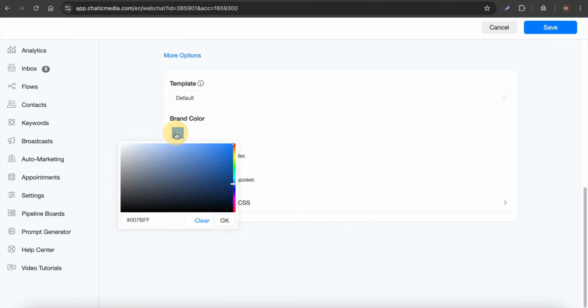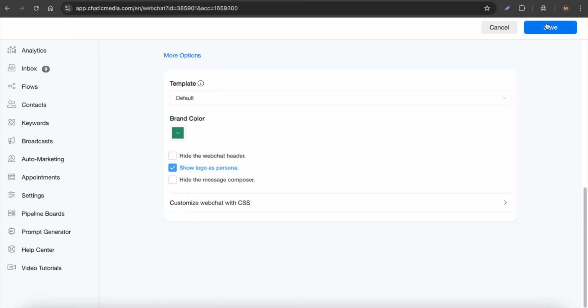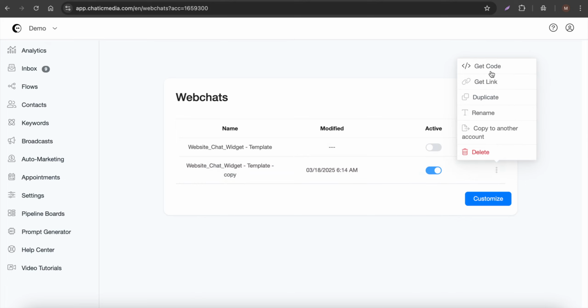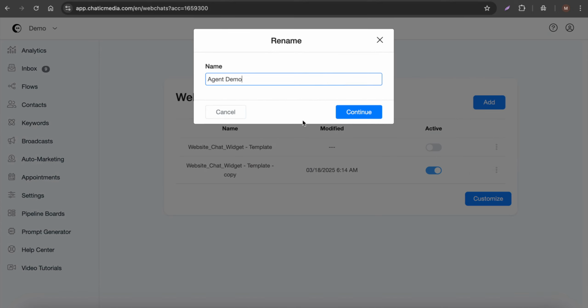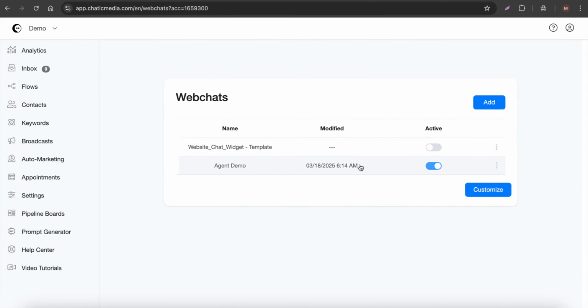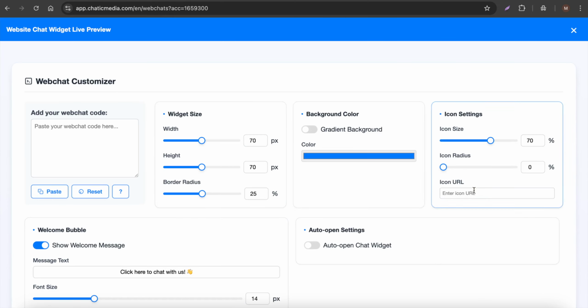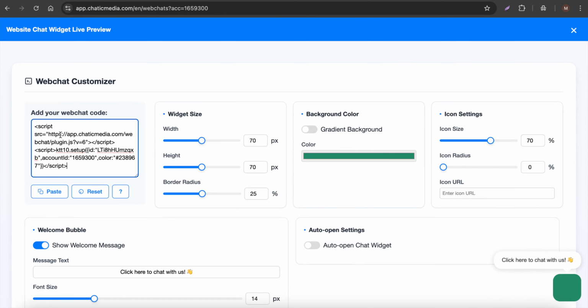So let me choose a different brand color right here. Let me choose this particular brand color. All right, save it. So this is the duplicate we just created. Let me rename this one as agent demo. Here you can click on get code and click on customize and paste the exact code right here. This is what the chat widget will look like,